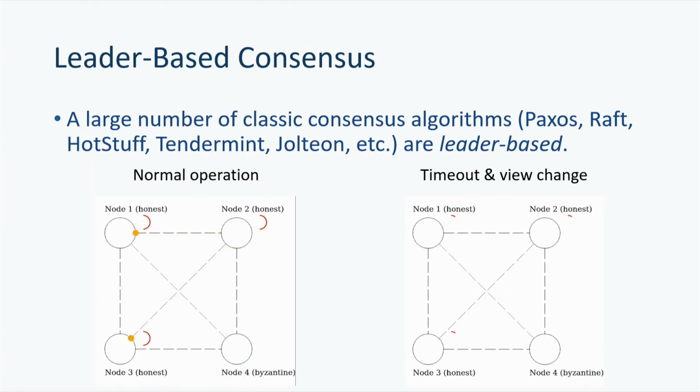Now, there's a large number of consensus algorithms proposed for the partially synchronous Byzantine model, but most of them fall under what we call leader-based consensus. The basic idea is that at any given time, there is a single elected leader, and only this leader is proposing blocks to be committed by the other nodes. So you can see on the left, there is only this node 2 sending out those requests. But when this leader fails, we trigger a timeout or a view change protocol to make them switch the leader.